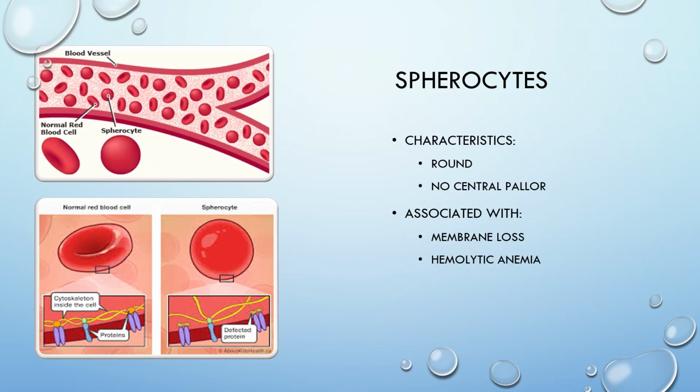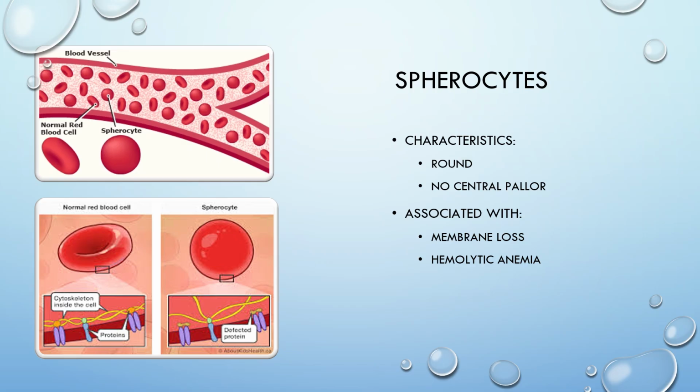Next, we have spherocytes, which represent another important red blood cell morphology you'll encounter in hematology. Unlike the normal red blood cell, which has a biconcave disc shape, spherocytes are more spherical and compact. Because of this shape change, they lose one of the key visual features we rely on when examining red blood cells: the central pallor. Under the microscope, spherocytes typically appear smaller, rounder, and more densely stained than surrounding red blood